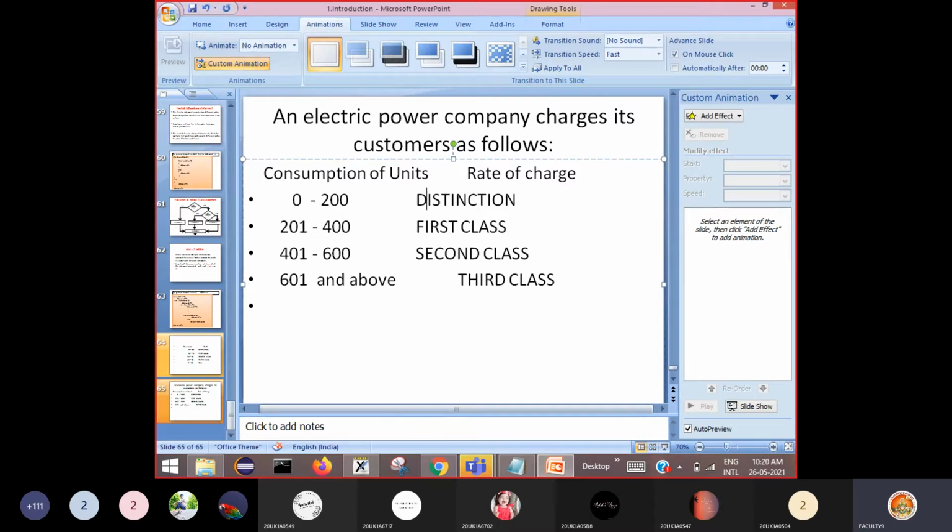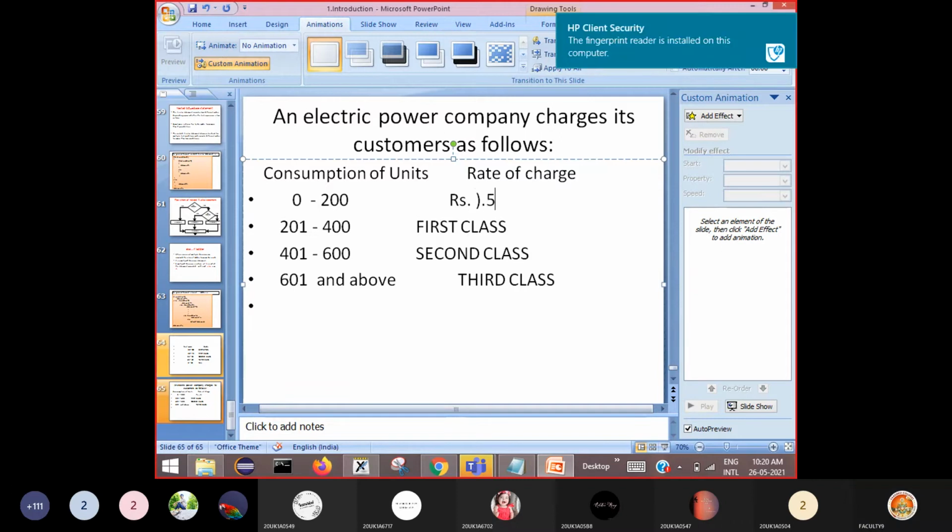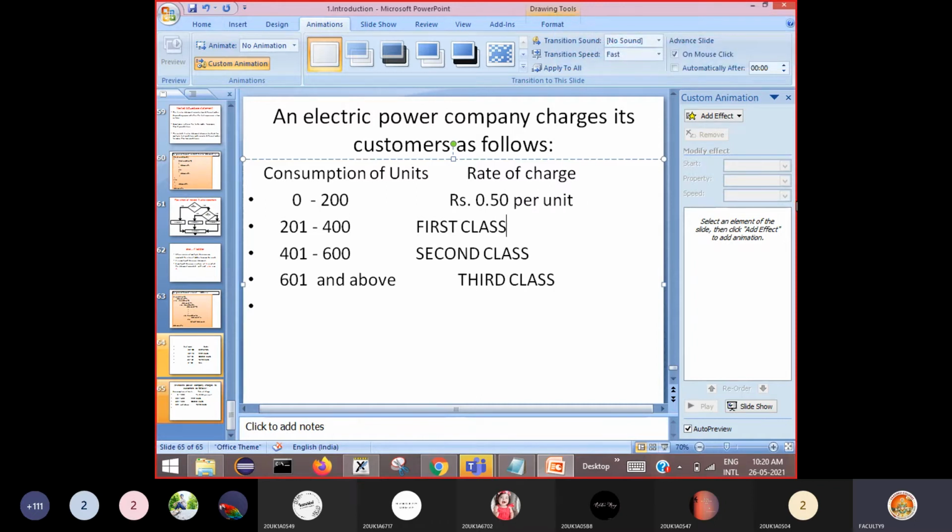Now how they are charging their customers, we'll see here. What is the rate of charge? For 0 to 200, it is rupees 0.50 per unit. So per unit they will charge like this.